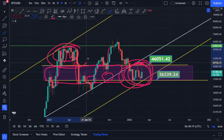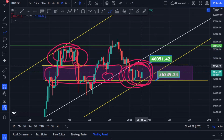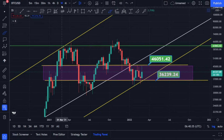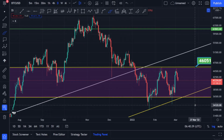Now you can see when we had this accumulation zone, the price did have a little bit of a time frame to come down. So in my viewpoint, this is a good thing, and I'll tell you why. Because if you go to the daily time frame now and you look at this pattern it's making,